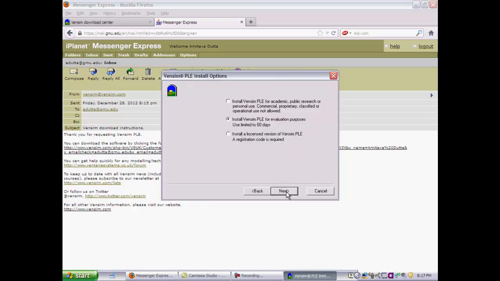And this screen is very important. From the three choices that you have over here, make sure you click on the radio button which says install VenSim PLE for academic, public research, or personal use. Do not click any of the other two radio buttons. Okay, so once again, make sure that the first button which says install it for academic purposes is the one that's clicked, and then we choose next,